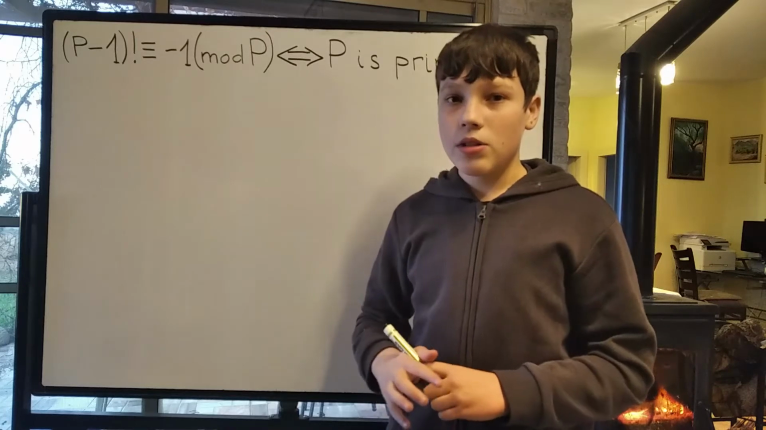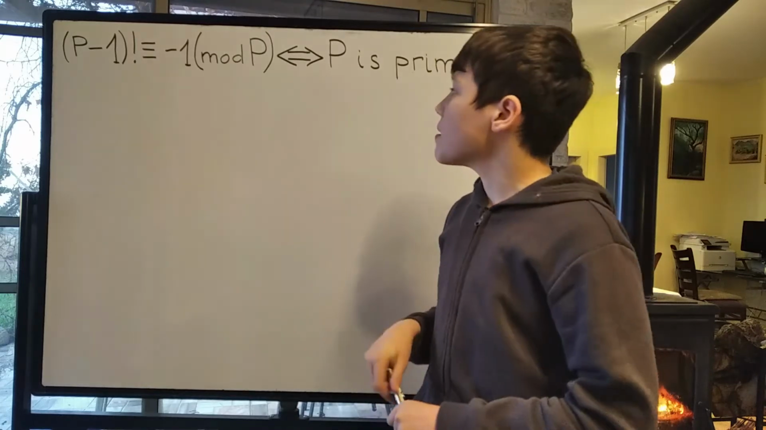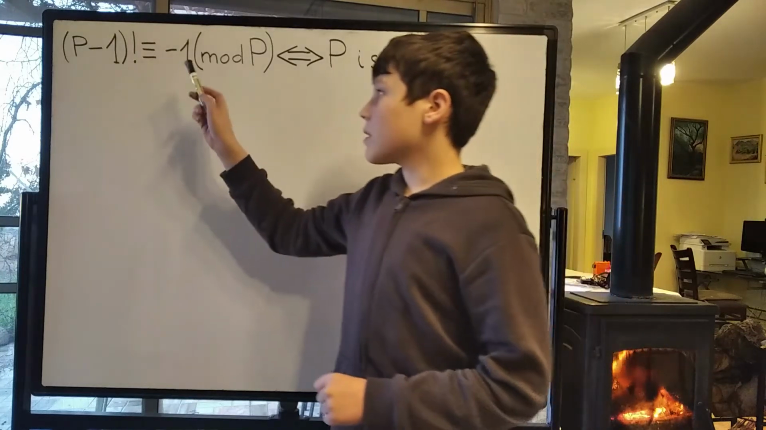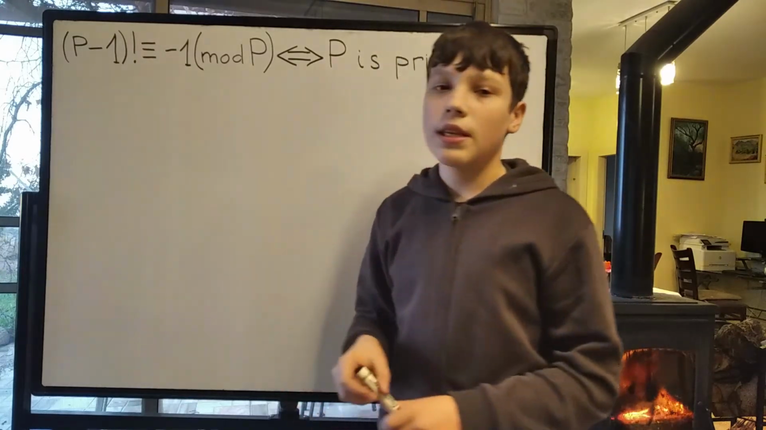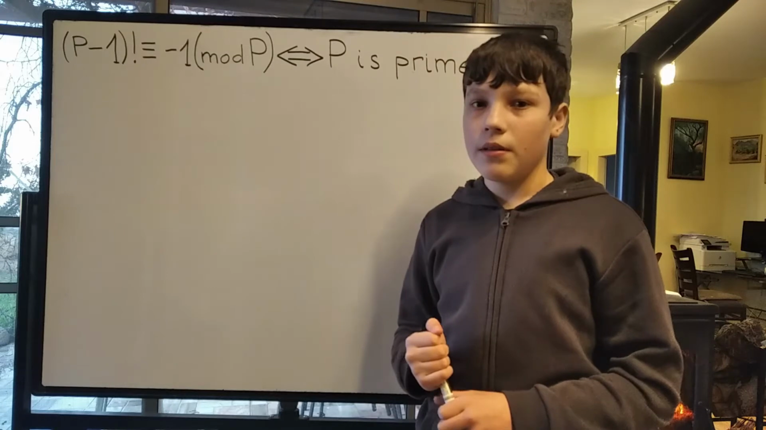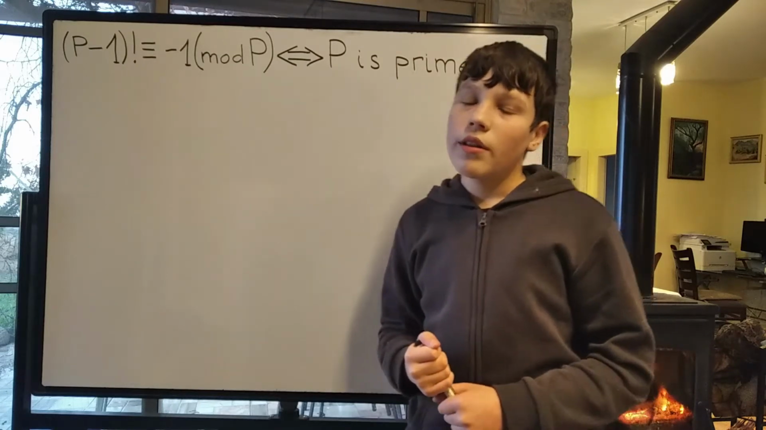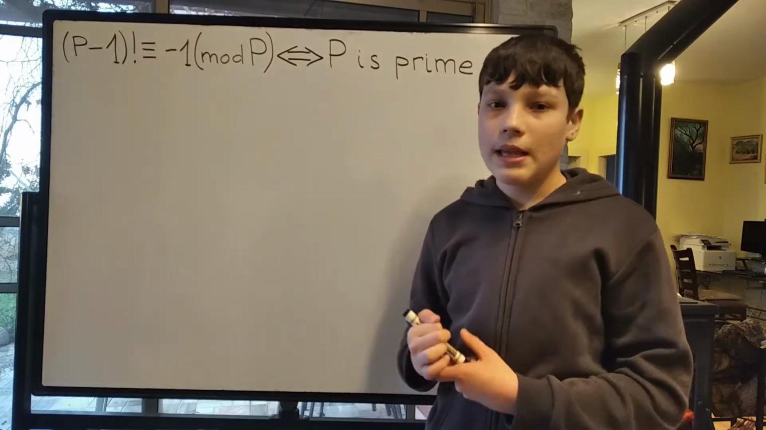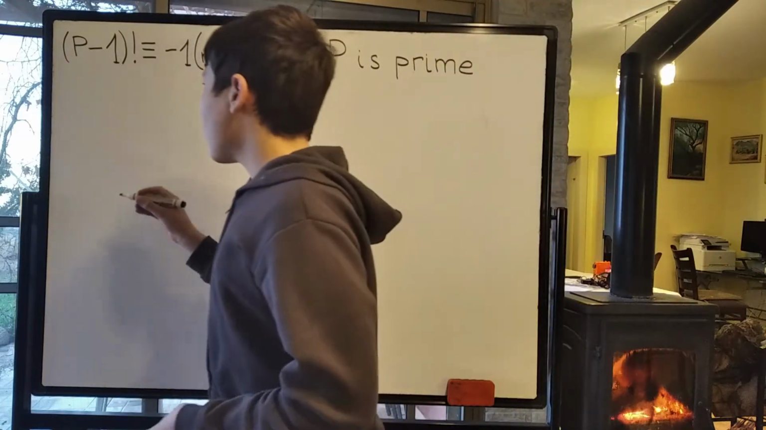Now, let's get on to the actual hard part of showing that if p is prime, then (p − 1)! is congruent to −1 mod p. So, first of all, there's one thing we need to establish, which is